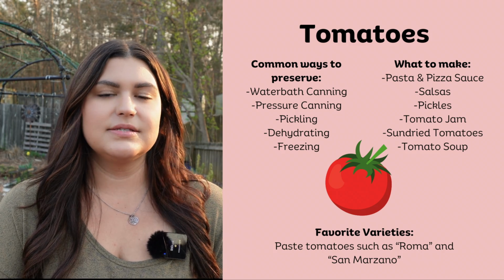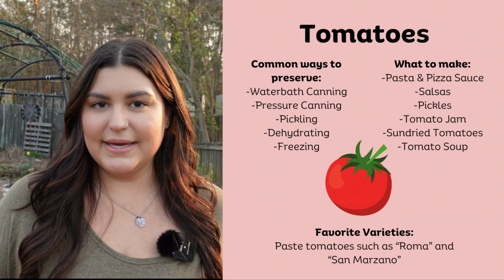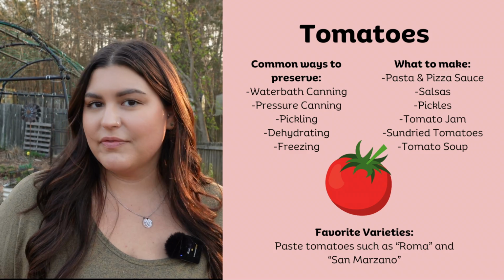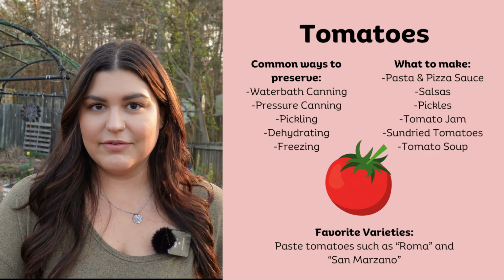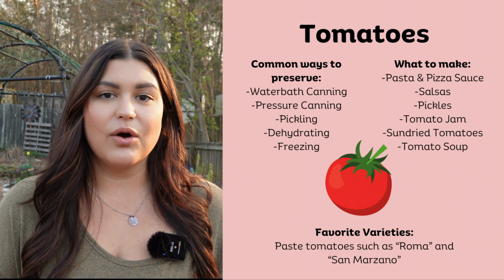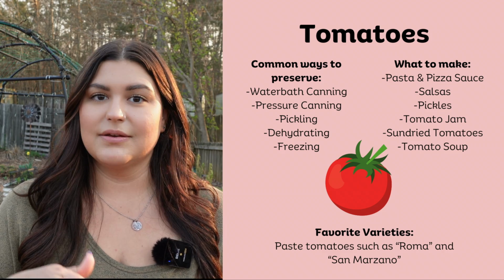There are a few varieties of tomatoes out there that are best for preserving, and we mainly call these paste tomatoes. I have a couple of favorite varieties that I always have in my garden. First one is Roma. These are really great for sauce and salsa, and I also like San Marzano, which is great for sauce and salsa, but also great for sun drying. We call these paste tomatoes because they are great for making tomato paste, tomato sauce. They have thicker skins and less water content, so their flavor is much more concentrated,